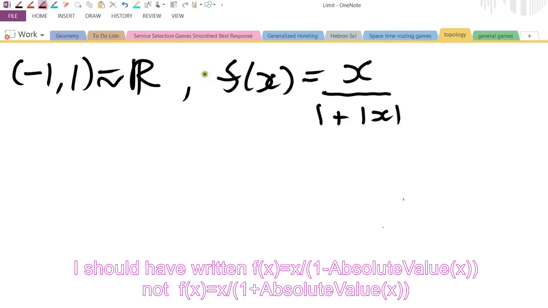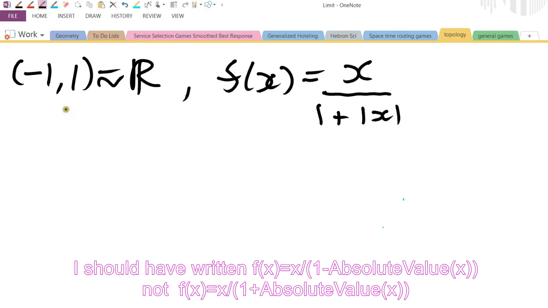Absolute value of x, you probably already know, but I do like to make sure everything's clear. The absolute value of x is equal to x when x is positive, and it's equal to minus x when x is negative. So the absolute value of -7 is 7, and so forth. Okay, if you look at this mapping, I'll leave the details to you, but let me just draw